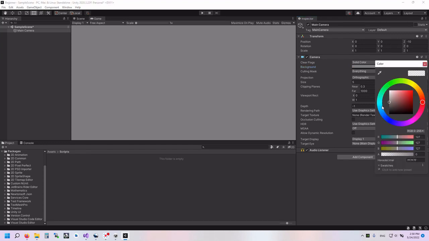I can even use the color wheel to pick a color. Say I want a green background. Let's see. I want to move this over to there to make it green. That's kind of bright. Let's make it a little less bright. All right. And then once I've selected that,